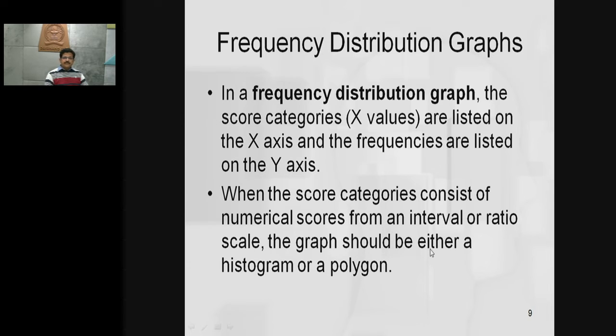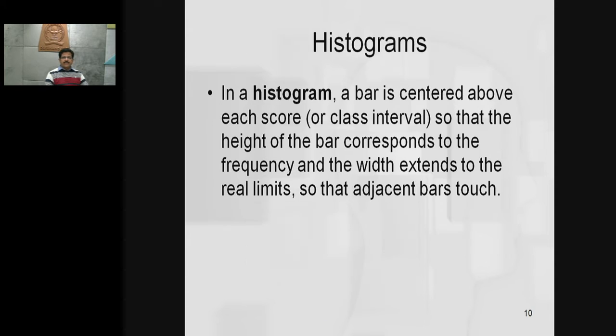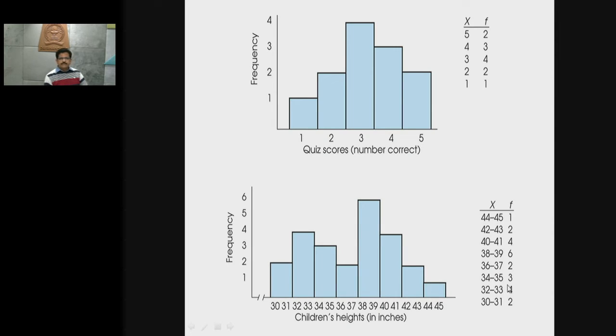So frequency distribution graphs means histogram, we get frequency polygon, we may get a further step, frequency curve. In a histogram, a bar is centered above each score, that is above each class interval, so that the height of the bar corresponds to the frequency and the width extends to the real limits so that adjacent bars touch each other. So looking at the histogram,